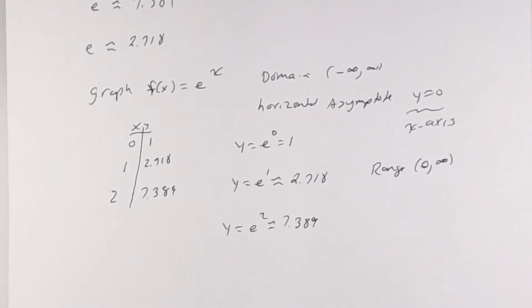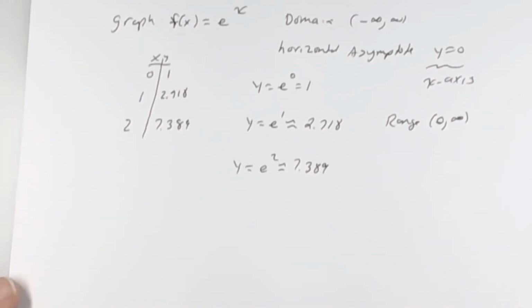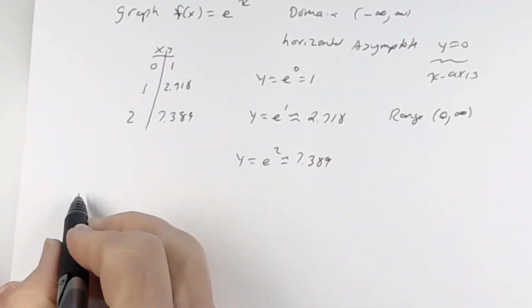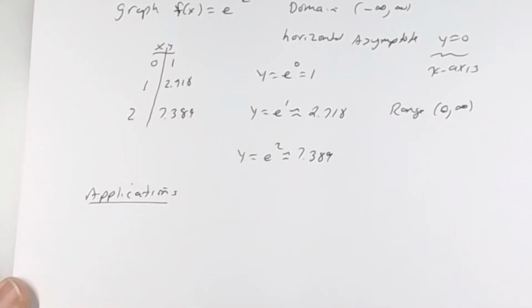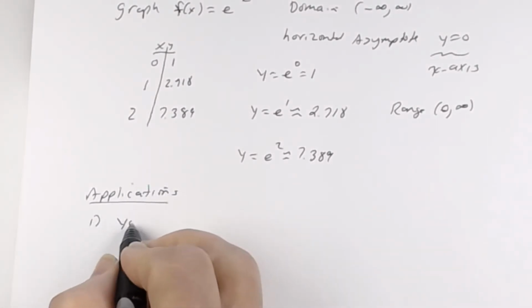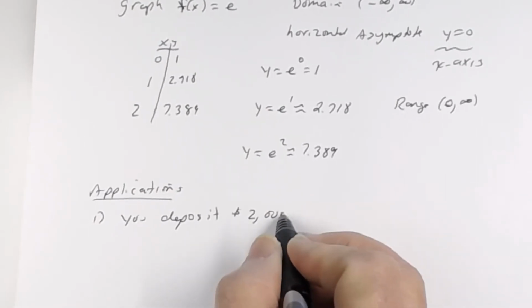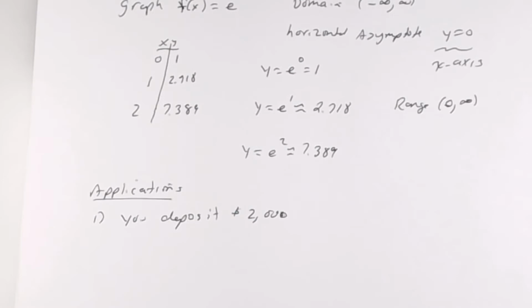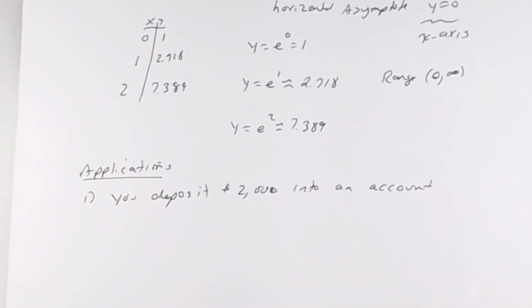Okay. All right. Now, let's talk about this now. Listen carefully. Here's the problem. So these are going to be some application problems. Let's suppose that you deposit $2,000. Some of you are like, well, if I have $2,000... You never seen that much money in my life. I know, right? $2,000 into an account. Write this down. Into an account, paying